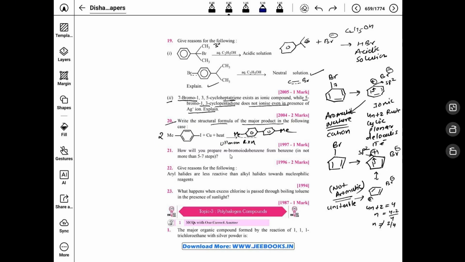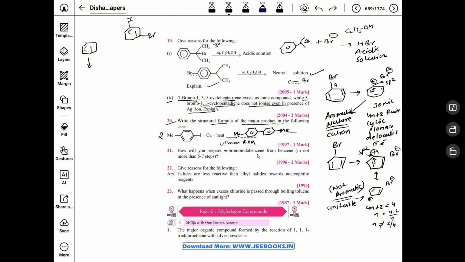Okay, how will you prepare meta-bromoiodobenzene from benzene in not more than 5 to 7 steps? To prepare meta-bromoiodobenzene from benzene, let's write the structure of benzene and what we have to prepare. This is iodo and bromo at the meta position. So first what we should do is